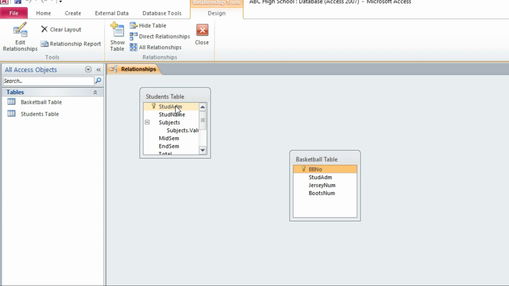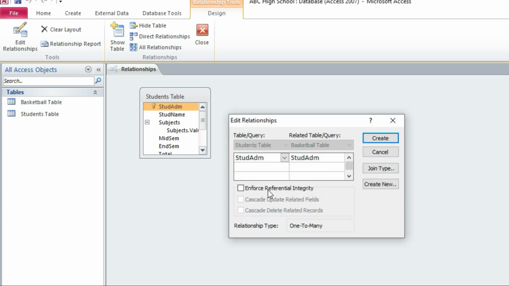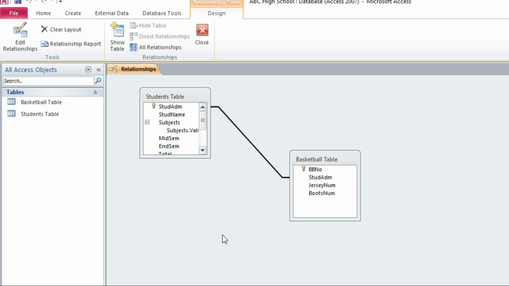So we're going to click on student admission number here, click and hold, and come to basketball table. On student admin, release the mouse button, and then you can see student admission number, and then related table, student admission number, create. So we have them connected like that,